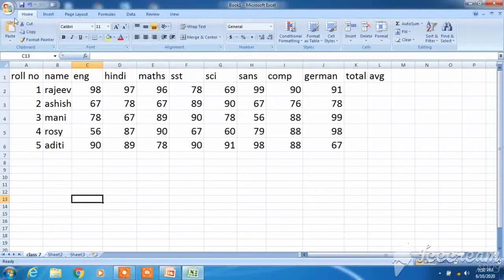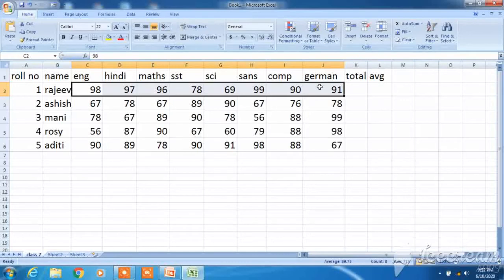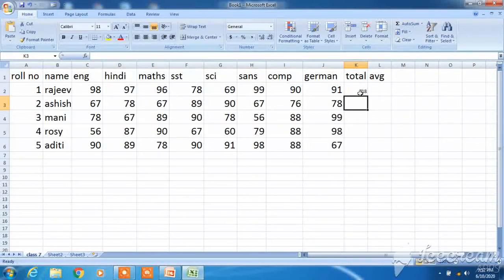And this is again the ribbon, this is the quick access toolbar. I have already explained all these things to you. Now see, suppose I want the total of all the numbers, the student marks. First select the row, and here, please look, the AutoSum option is there. All other options are also there: average, count numbers, maximum, minimum, everything is there. Click on Sum, and the total marks will get printed here.